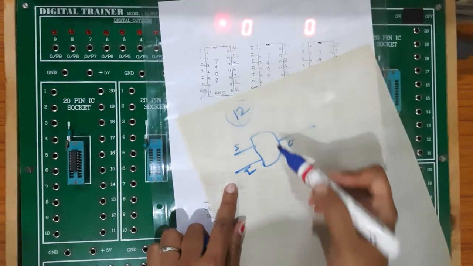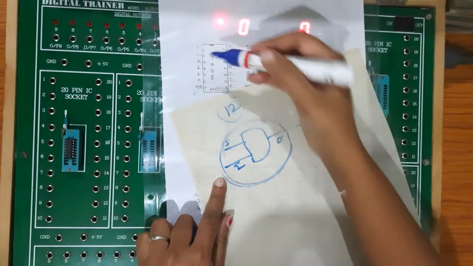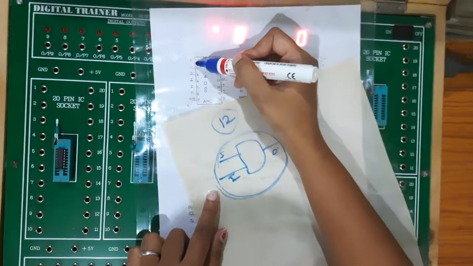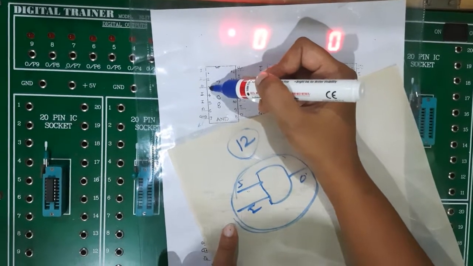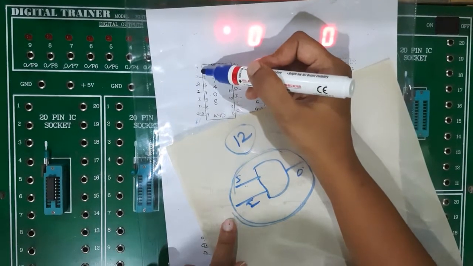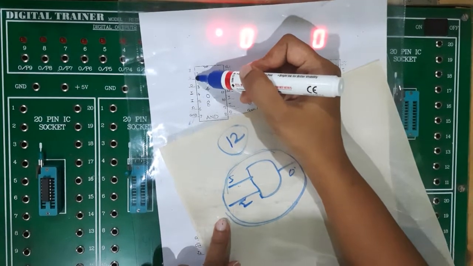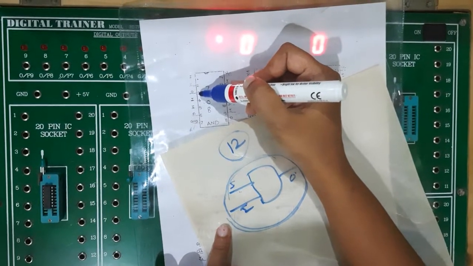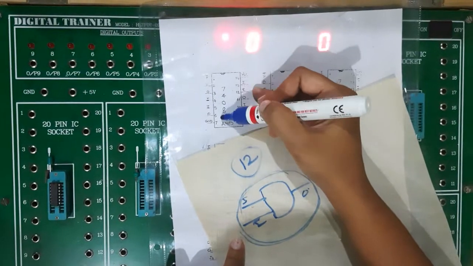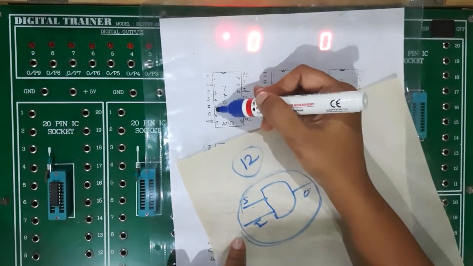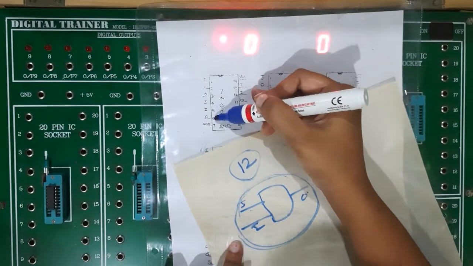4 AND gates. Okay. And the combination will be like this. So 2 inputs, 1 output. Similarly, if I use this 1 and 2 as input, my output will be obtained at 3. So if I connect input to 1, input to 2, for this input combination, I will be getting my output to pin 3. Now coming towards the next combination, 4, 5 are the input pins for which I will be getting the output to pin 6.